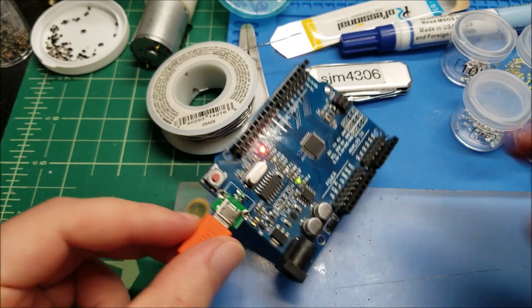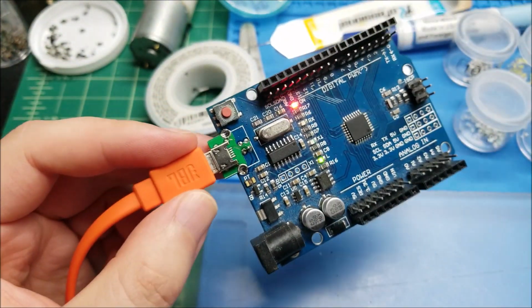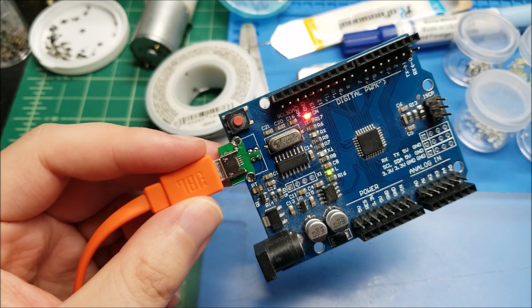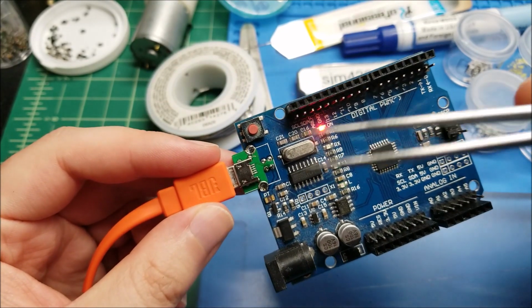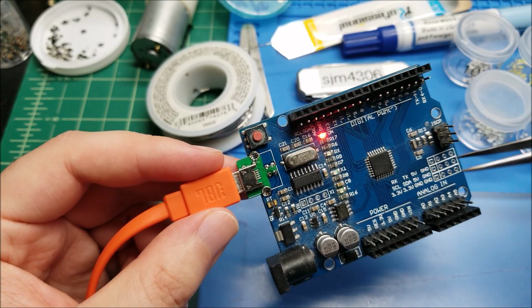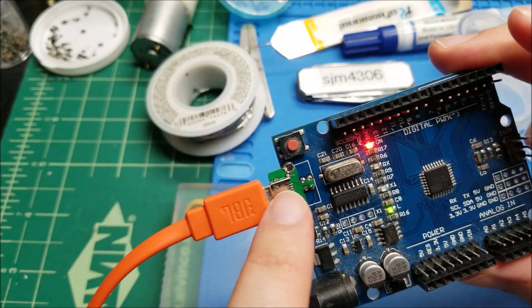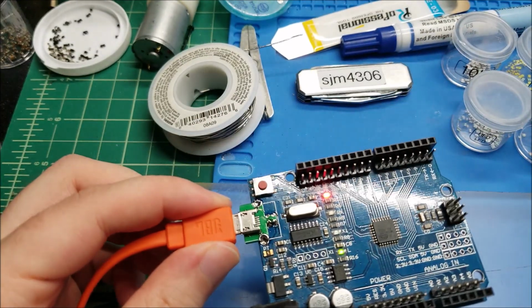Okay, so we're back here. It's still going. It's working just fine. So overall, this was actually a pretty decent mod, I would say. This makes this board infinitely more useful. Now I have another 1 or 2 of this type of Arduino Uno board. I'm going to do the exact same mod too, because